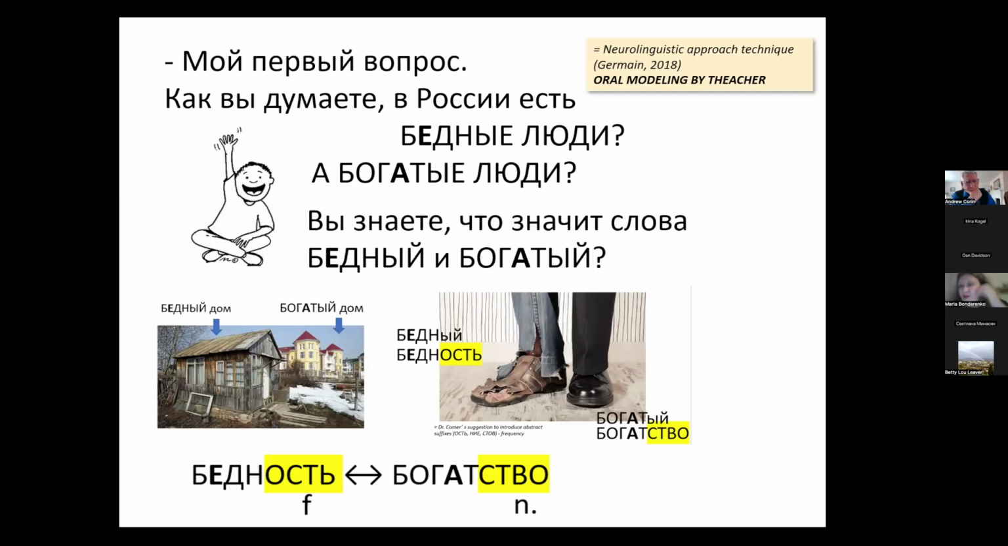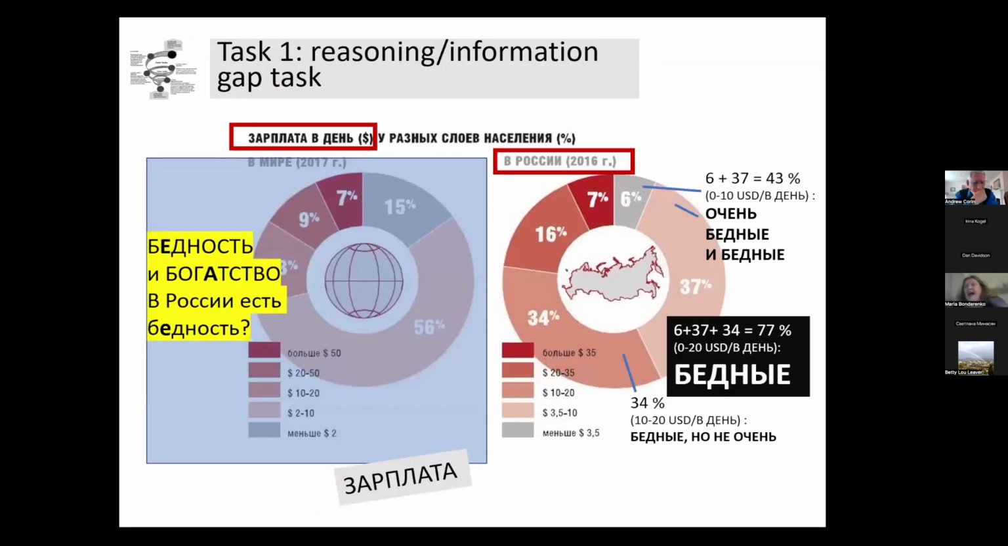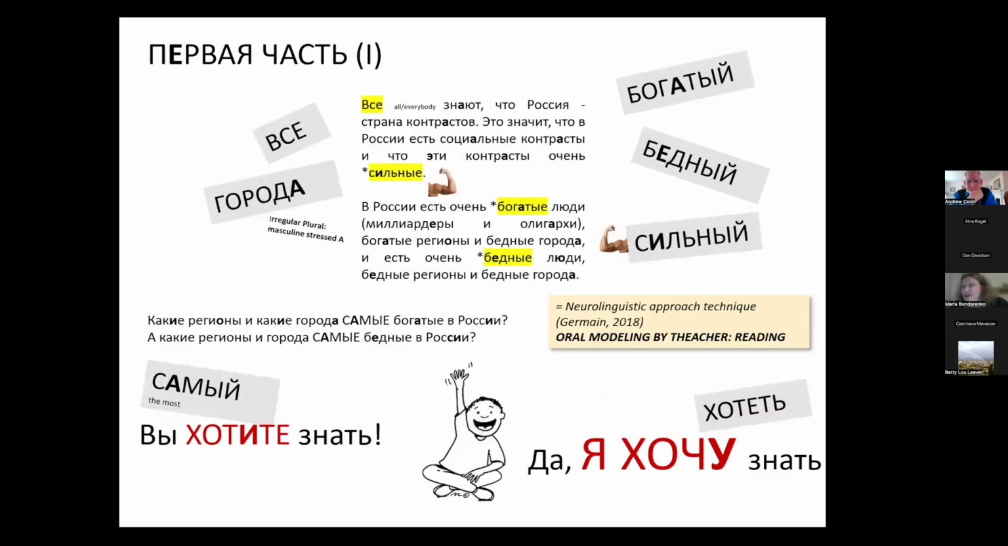The opportunity to learn some vocabulary and suffixes, the abstract suffixes -ость and -ство. To answer this question, the learners were asked to explore this chart with one new vocabulary item, плата, and come out with the answer: да, в России есть богатые и бедные люди. In the reading and writing part, they write down a text and read it again, and again the question: какие